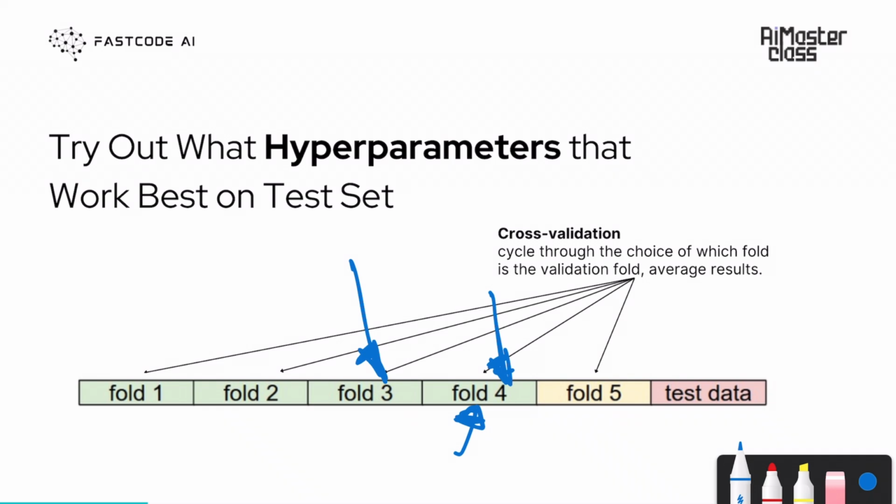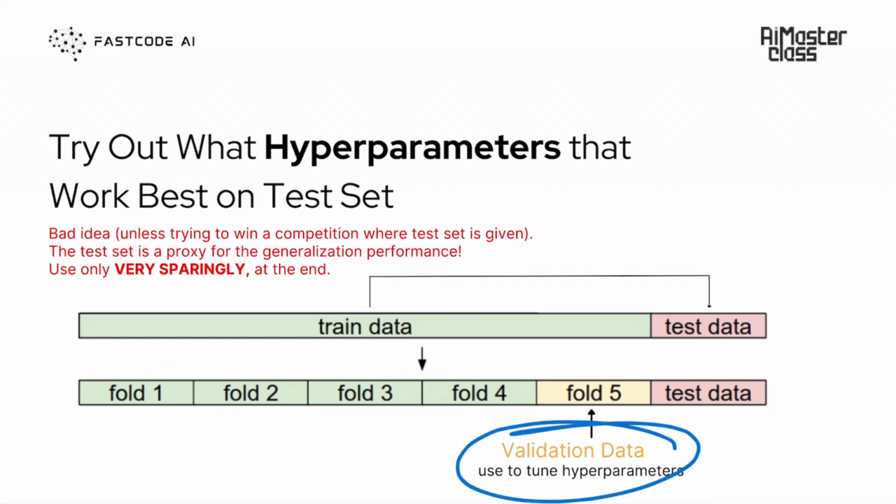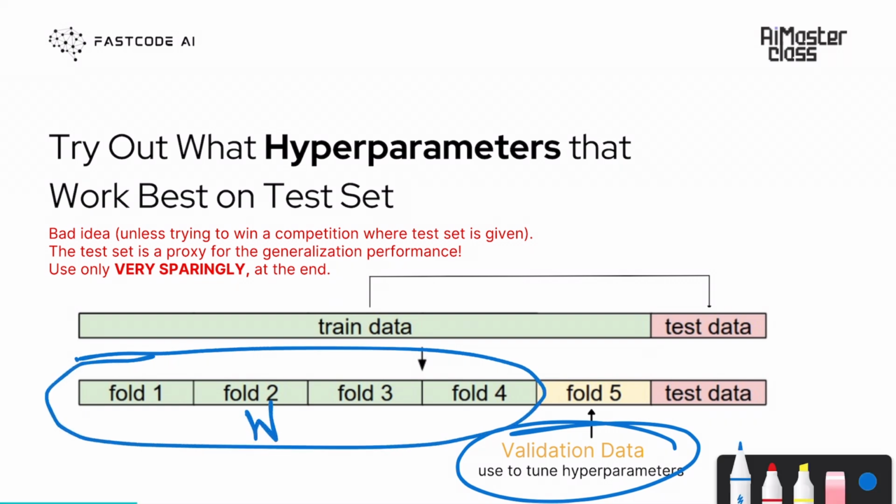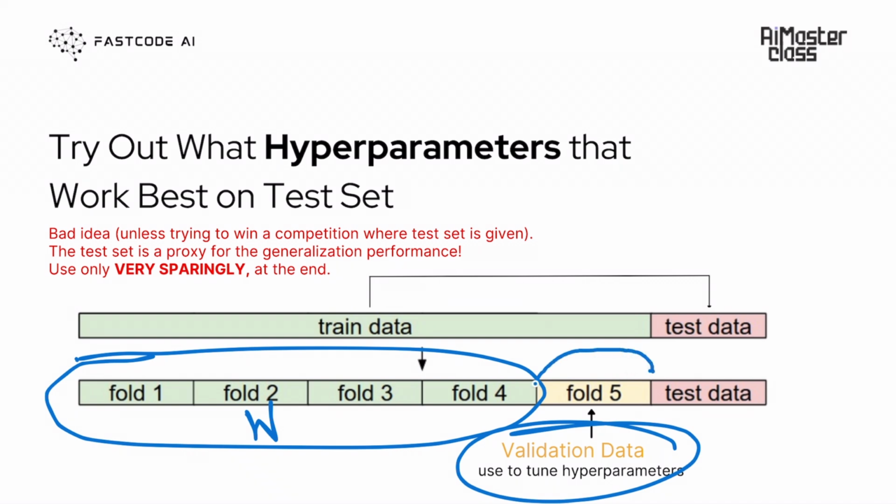In this case, you're reducing the training data size, meaning you are only using this much data to train your actual weights, your learnable parameters. You're using this to find the values of your hyperparameters. And this is a proxy of your generalization performance,